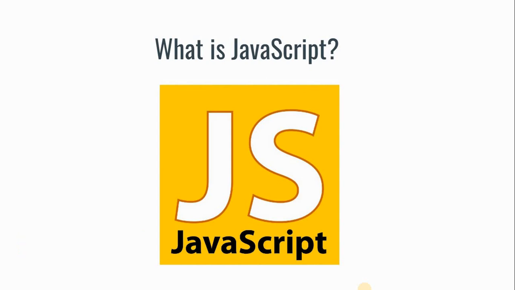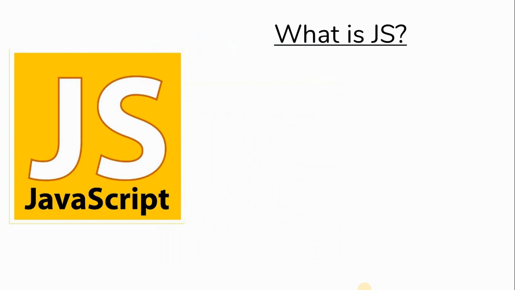So yes guys, coming to the topic, what is JS, or in other words JavaScript? JS is a lightweight programming language. First, we need to understand that it is a lightweight programming language. What do you mean by lightweight? It means it is easy to understand, easy to code, and easy to execute, and it runs on a machine very fast and smoothly, and it is not a big, huge, complex thing to do. This is what we call lightweight, and of course the performance will increase whenever we are handling JS. So this is all about a lightweight programming language.